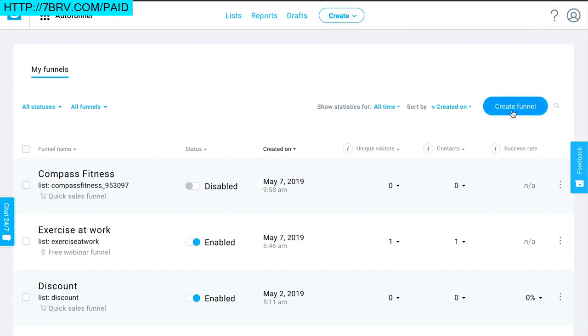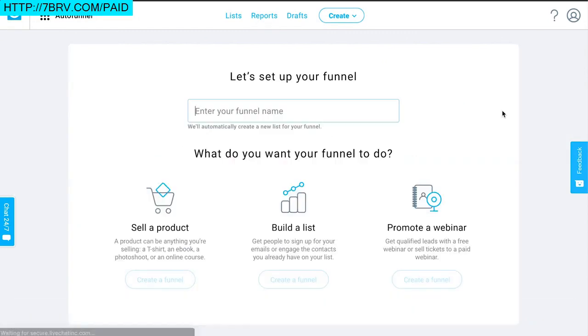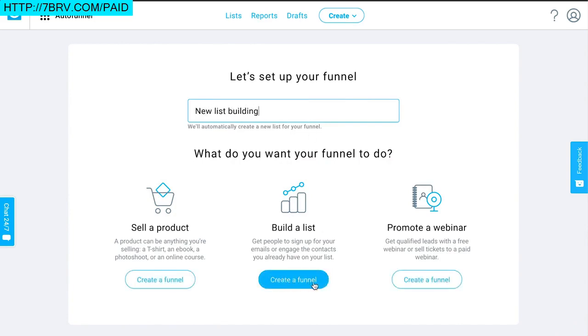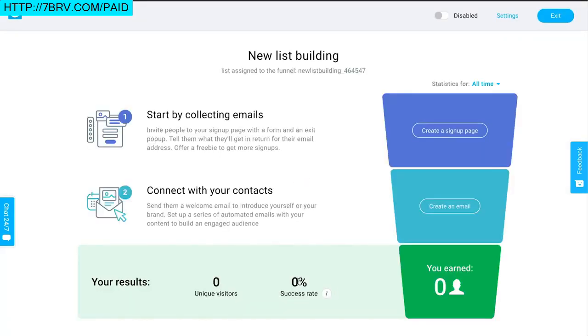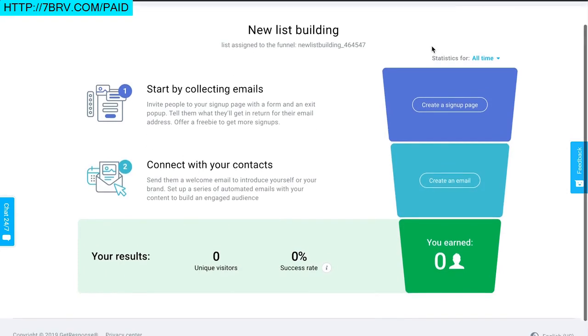List building funnel. So we're in the AutoFunnel space in our account, and we'll just choose Create Funnel. Now we need to give it a name, so I'm just going to call it new list building. And then I just need to choose to create the list building funnel right here. And this will open up the very simple funnel wizard where we just need to create a sign up page and an email that we would use to follow up with people after they sign up. So as you can see, it's only a two-step process that starts with collecting emails and then connecting and nurturing